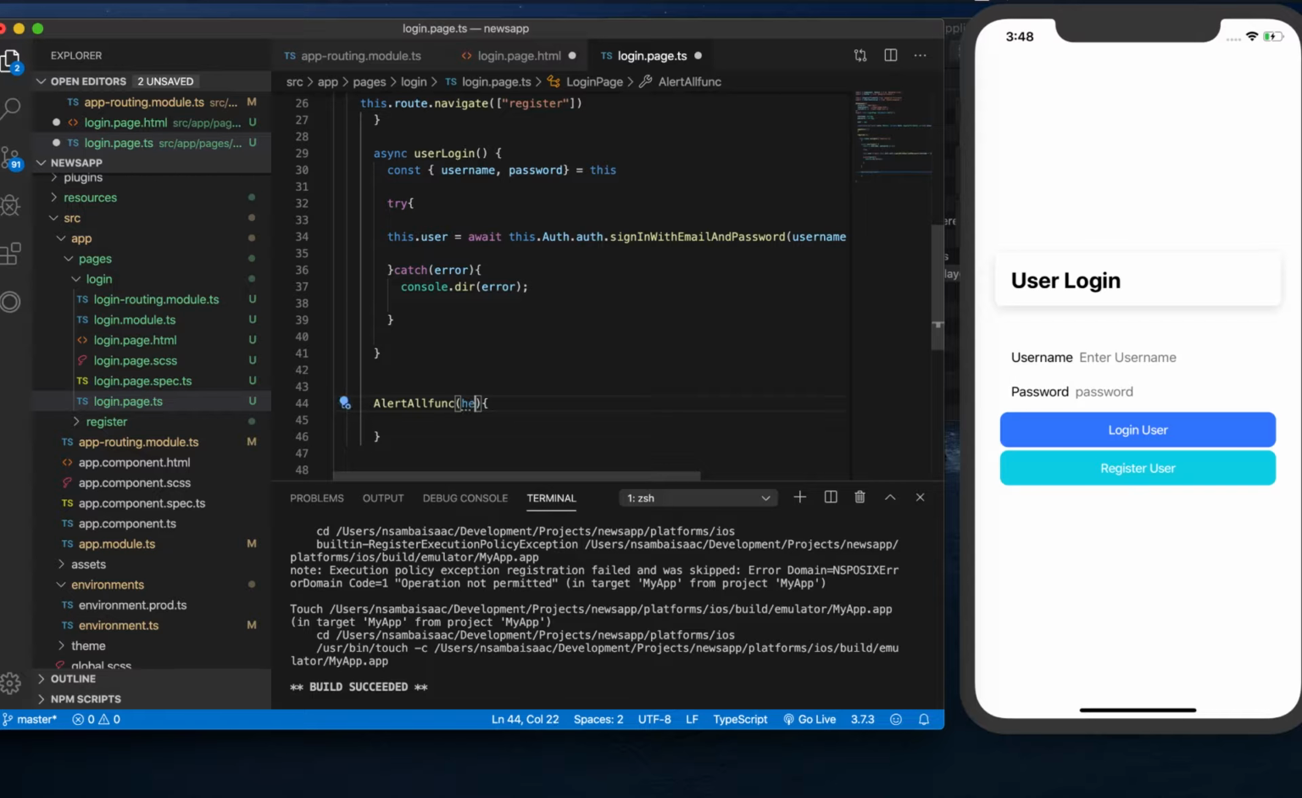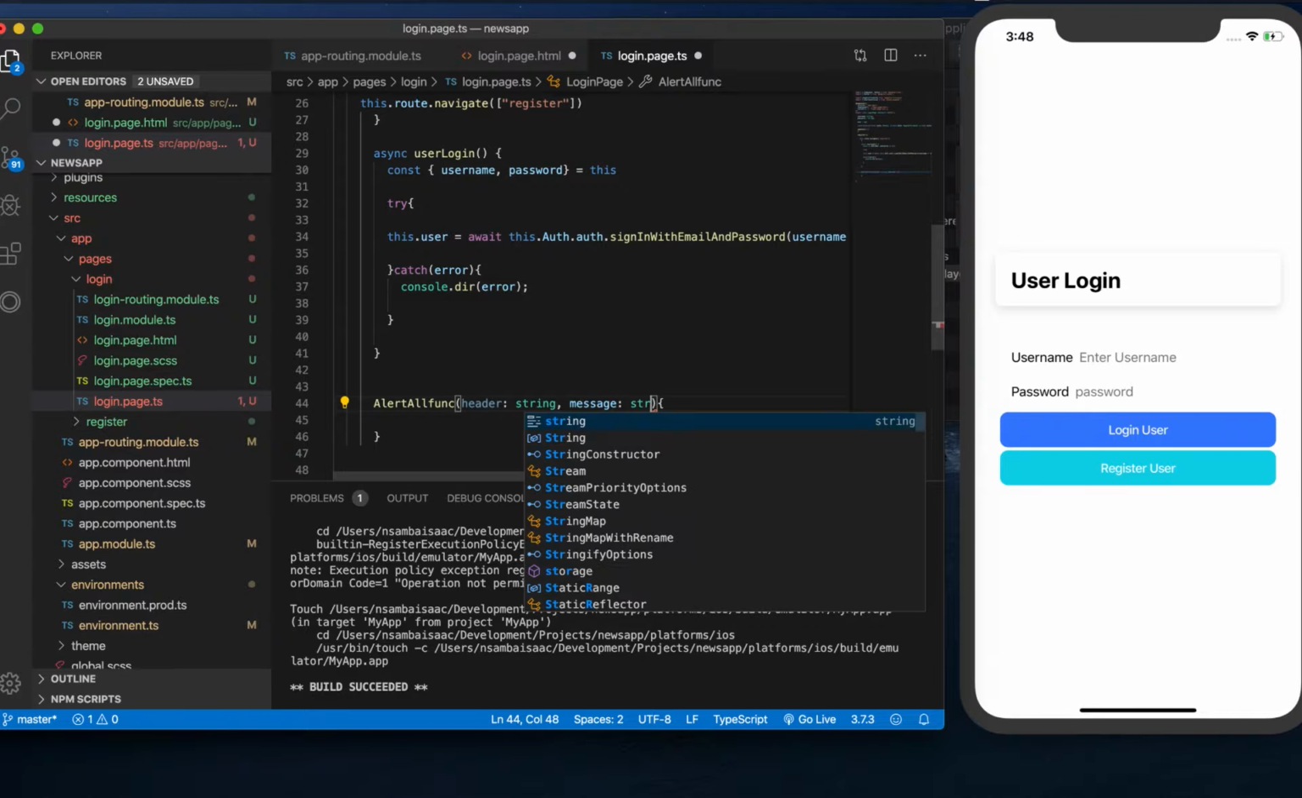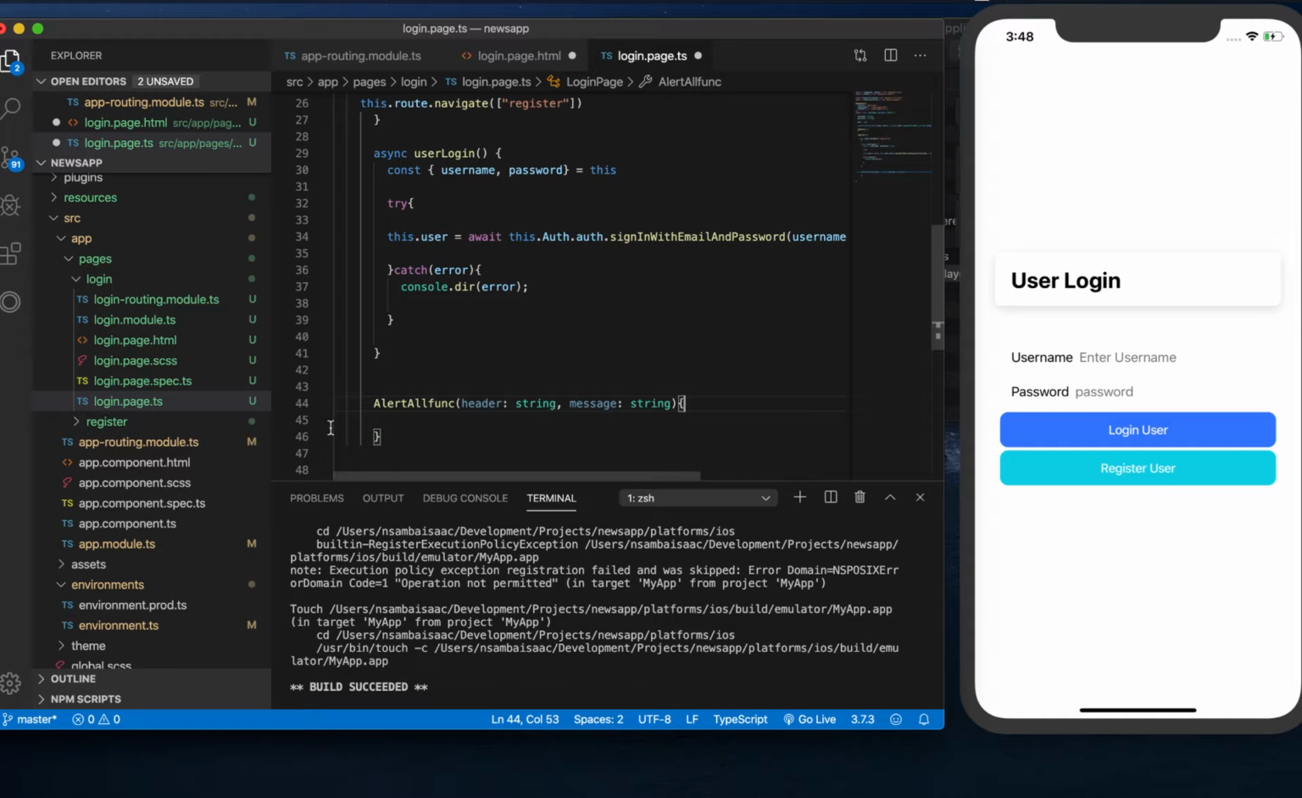a header of type string and a message body of type string. So this function will be an async function, because we have to wait for the promise for it to be executed. So say try catch